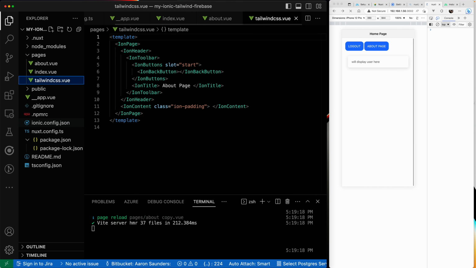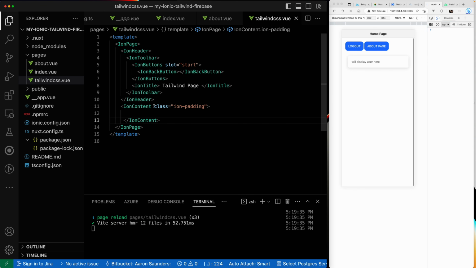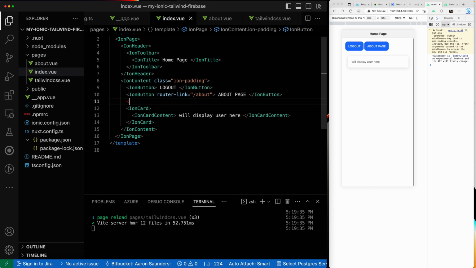So now we have our Tailwind CSS page. So we want to keep the header, the back button, and the title. But we're going to put some different content down in here. And what we'll also do is we'll come to our index page, and instead of using an Ion button, we'll just use a regular button. So we'll say button